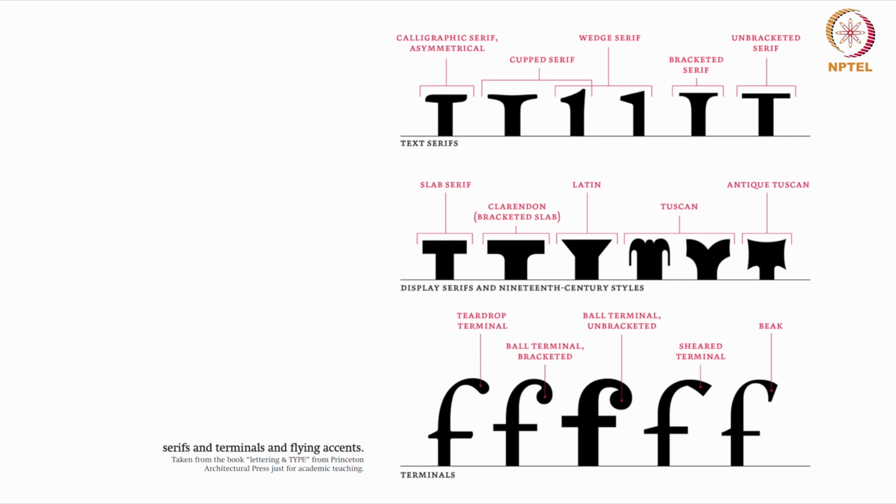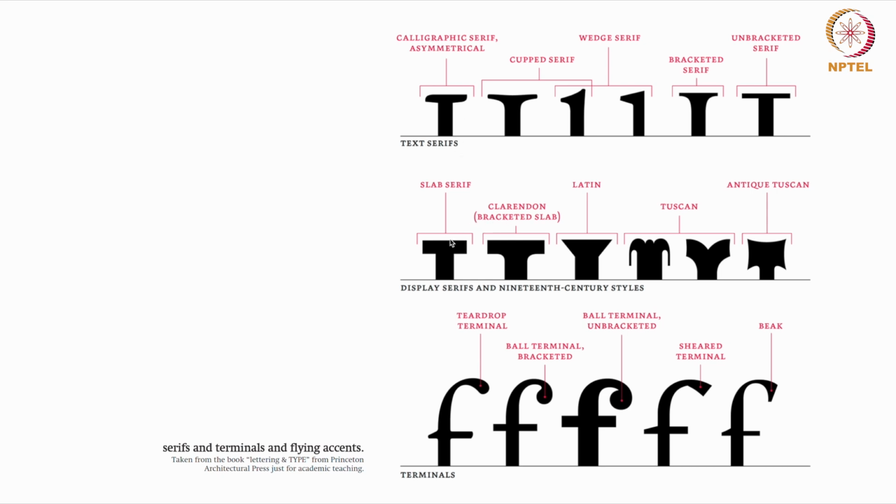If you look at this image, it shows different features of serif fonts based on which they take different names. For example, based on terminals, it can be wedge serif or bracketed serif. When you say bracketed serif, it means there is a bracket which has been formed. Wedge serif has taken the shape of a wedge, and is also called cupped serif. And when you have this calligraphic style, an asymmetrical touch in the letter form, which is more like calligraphic strokes, it is called calligraphic serif.